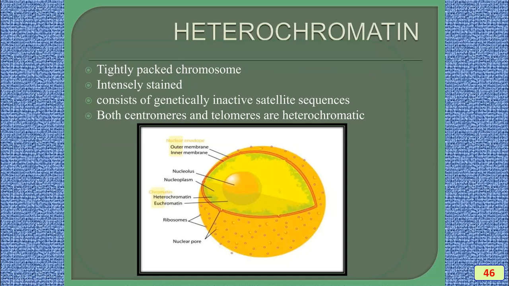So heterochromatin is tightly packed chromosome, intensely stained, and consists of genetically inactive satellite sequences. Then both centromeres and telomeres are heterochromatic, meaning stained with different stains, and you can see this particular structure in